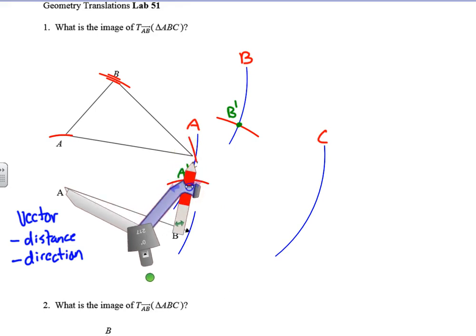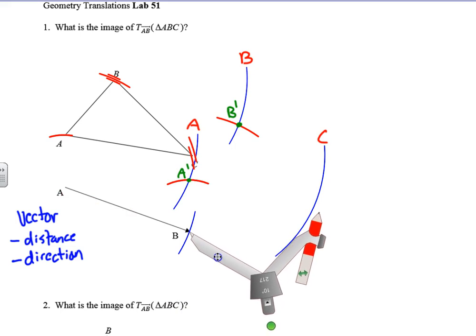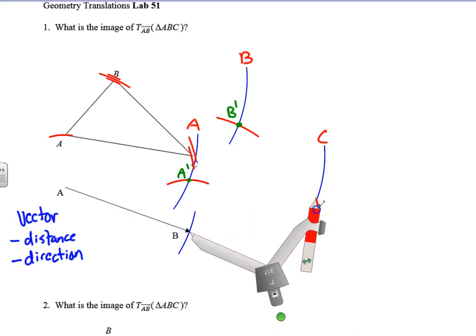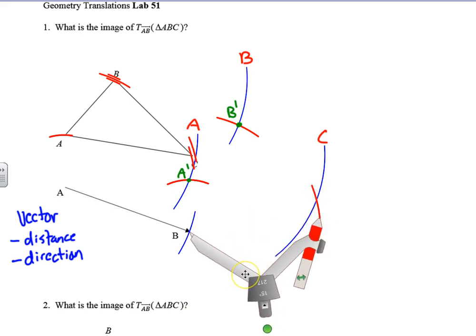Or am I a little bit off? Okay, there it is. So now I'm going to take that, and I'm going to bring it over to the end of this, and I'm going to swing my arc there. Okay, and now that intersection point is going to be C prime. And so we're going to go here, connect that to here, and we have constructed the image